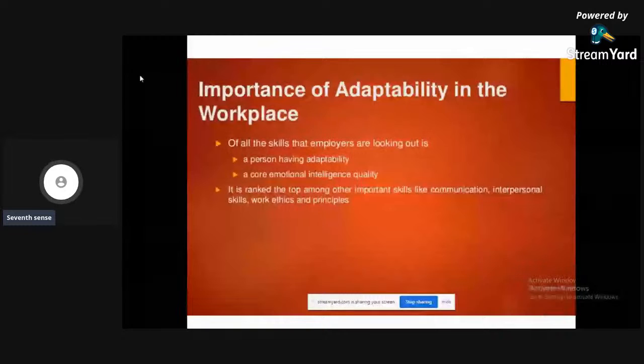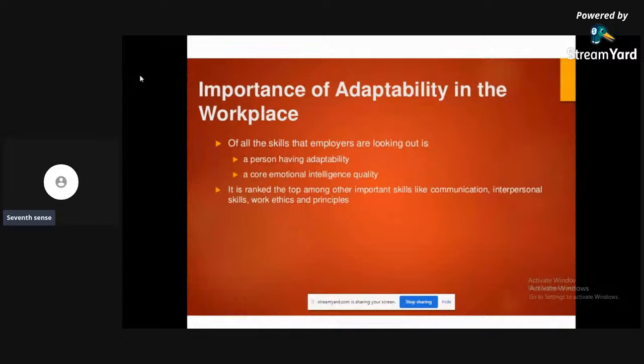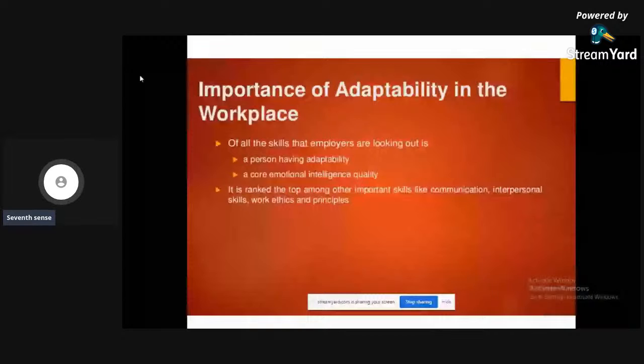Okay. Now we shall see the importance of adaptability in the workplace.